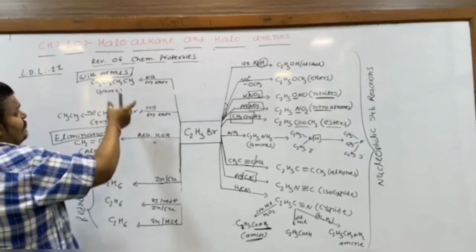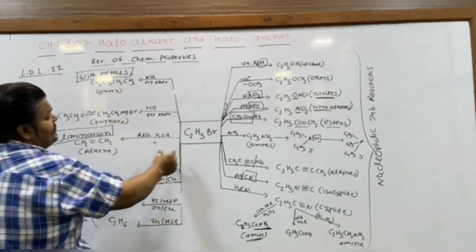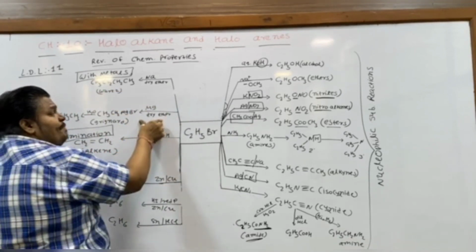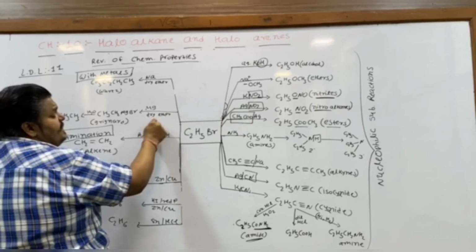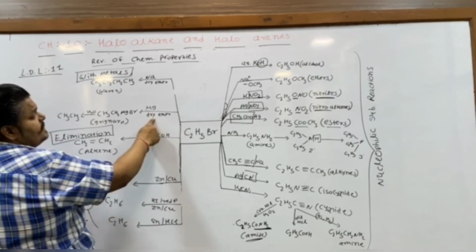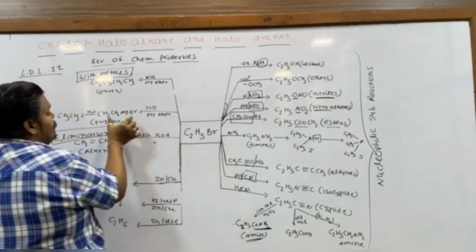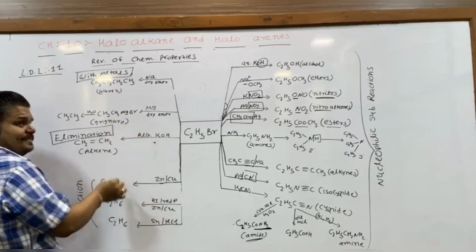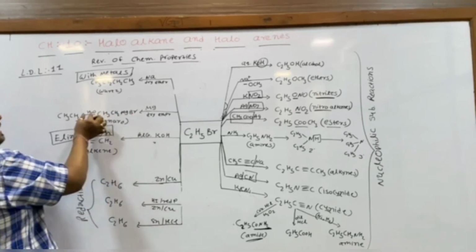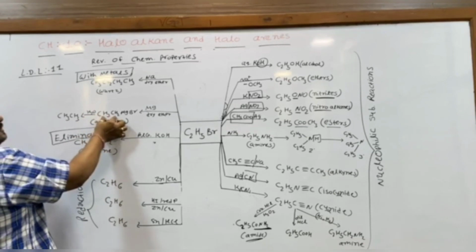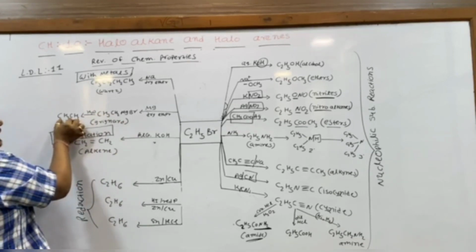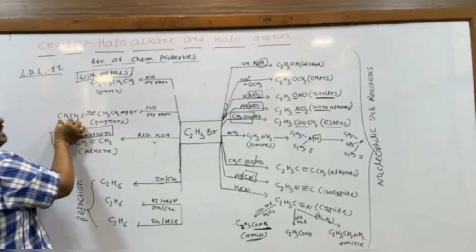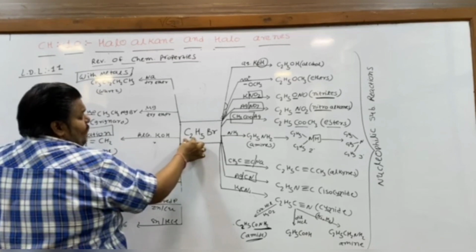We already studied this reaction as the Wurtz reaction to produce alkane from alkyl halide, one of the chemical properties. The second is reaction with magnesium in presence of dry ether. In presence of dry ether, magnesium reacts with alkyl halide to produce a Grignard reagent called alkyl magnesium halide, RMgX. This alkyl magnesium halide is hydrolyzed with water, H2O, to produce alkane. The alkane possesses the same number of carbon, only 2 carbon. You can check 2 carbon we are having in alkane, similar to the carbon present in haloalkane.